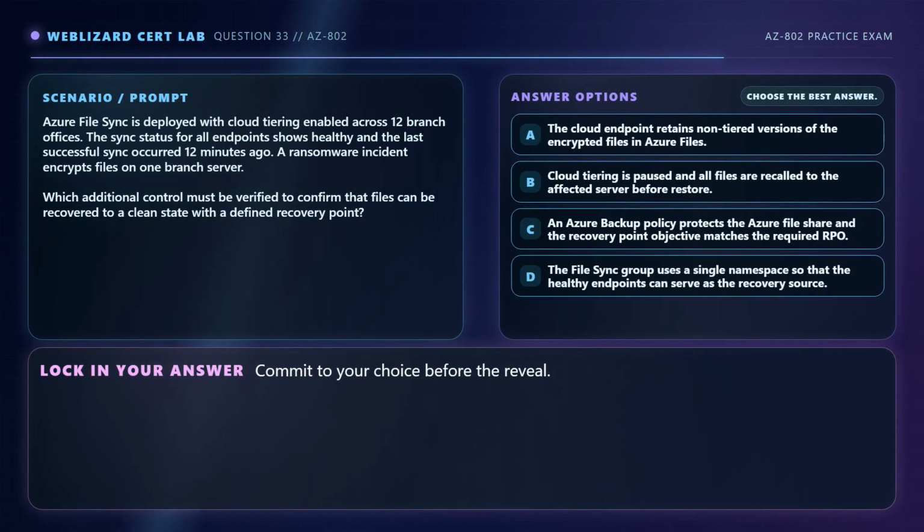Question 33. Choose the best answer. Azure File Sync is deployed with cloud tiering enabled across 12 branch offices. The sync status for all endpoints shows healthy, and the last successful sync occurred 12 minutes ago. A ransomware incident encrypts files on one branch server. Which additional control must be verified to confirm that files can be recovered to a clean state with a defined